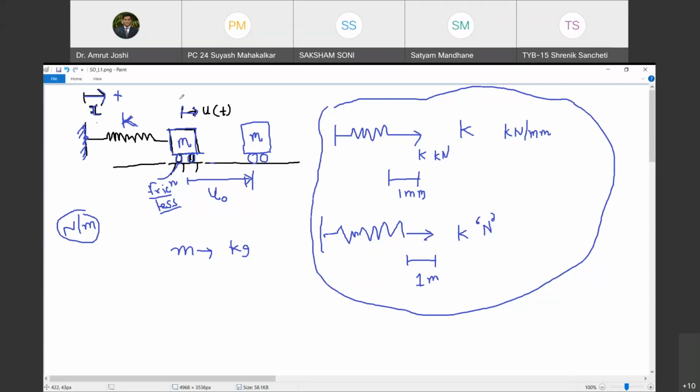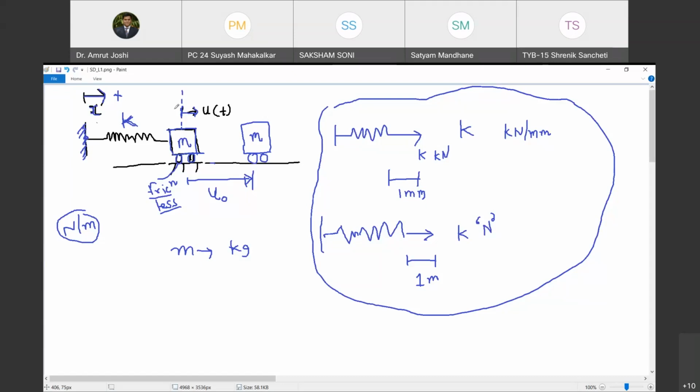Look carefully at all the things. When the block is occupying this position, at that time the spring is neither compressed nor stretched. Are you with me? Yes, sir. So at this position, the spring is neither compressed nor stretched. So the spring has its original length, and therefore this position corresponds to the unstretched or uncompressed position of a spring. Are you with me? Yes, sir. So what will be the force in spring? Can you tell me? If the spring is neither stretched nor compressed, what will be the force in the spring? The force in spring? 0.